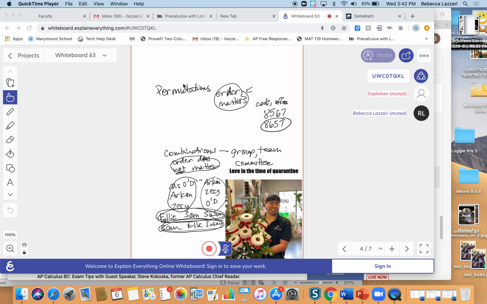All right, permutation, the order matters, is usually like a code or like officers in a club. For instance, we have to fill out these Google forms for Dr. Califano, and it'll go president, vice president, secretary. If my president was Ellie, my vice president was Sam, and my secretary was Susan, the order definitely matters. I can't just say, oh well, it's one of these 3 girls.